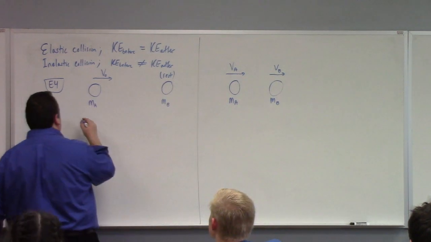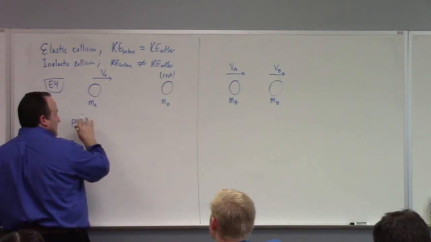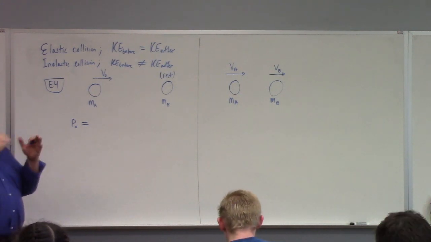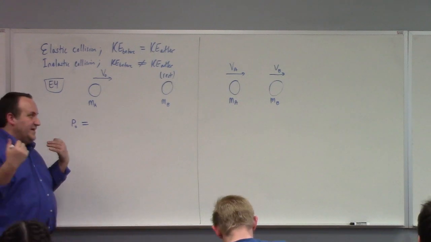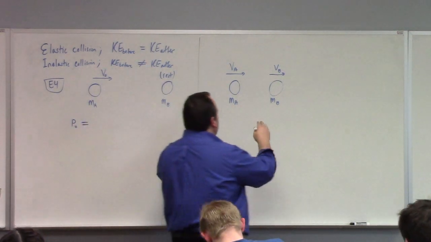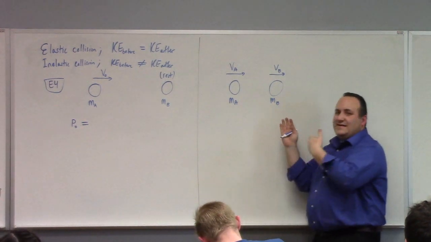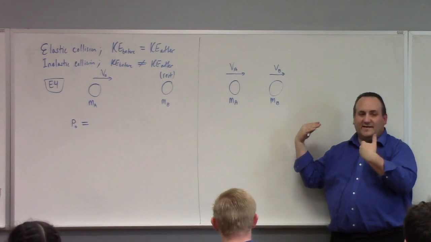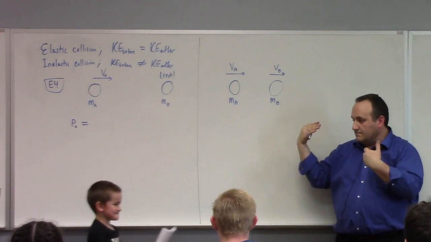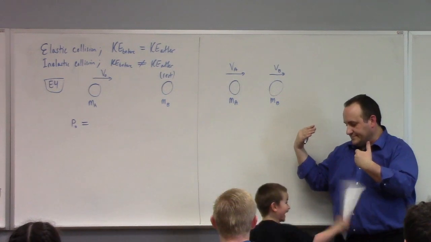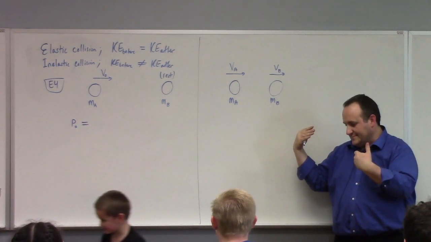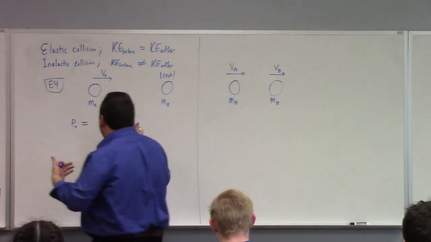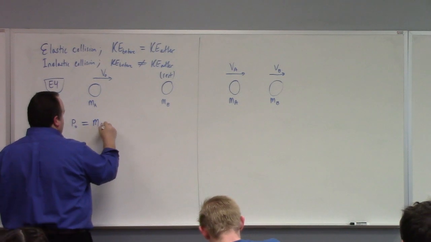So what's our initial momentum? This is one-dimensional, so we're going to use the convention that if it's going right, it's positive. If it's going left, it's negative. When I write VA and VB here, I'm not saying necessarily that they're both going that direction. I'm just defining positive velocity in that sense. So the initial momentum is MA